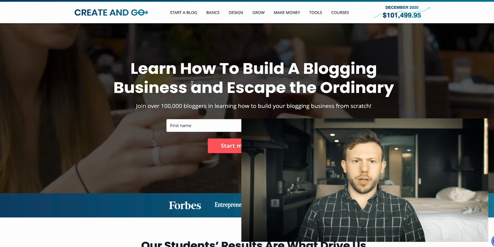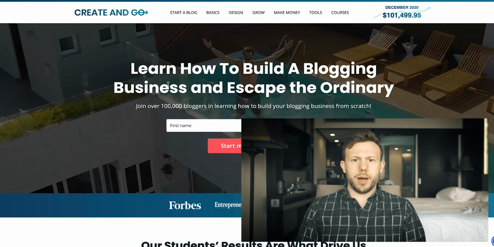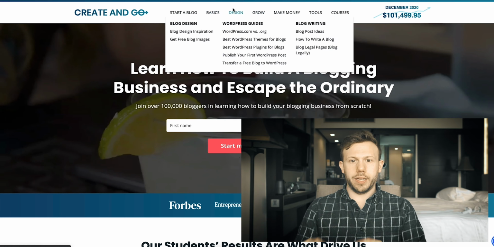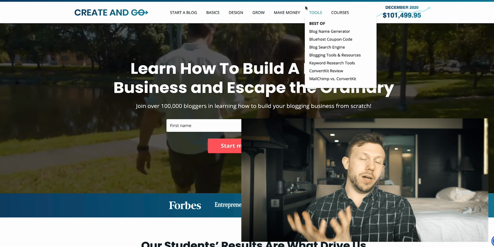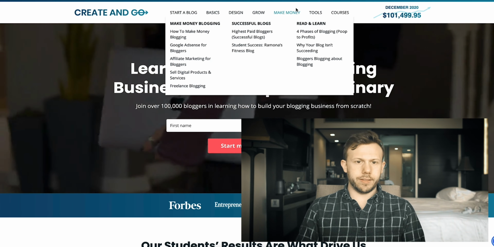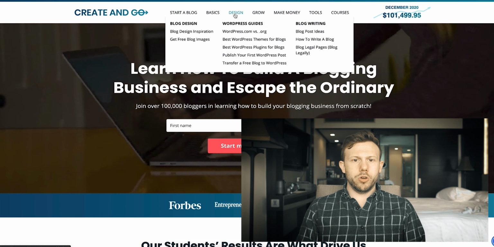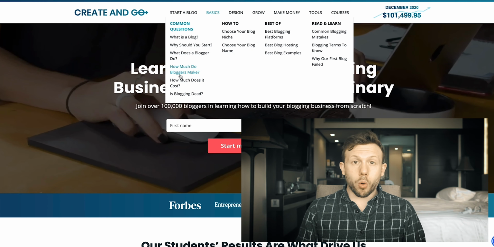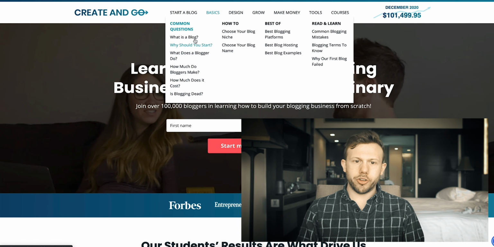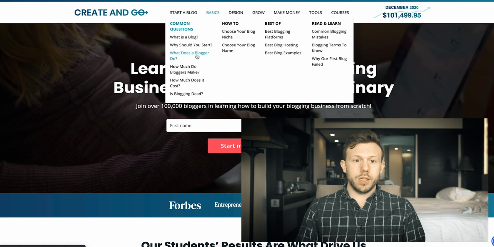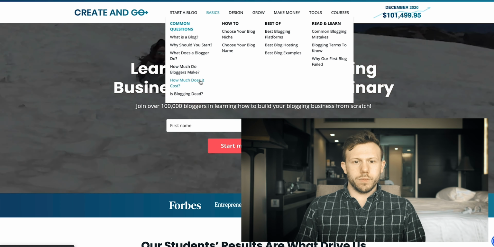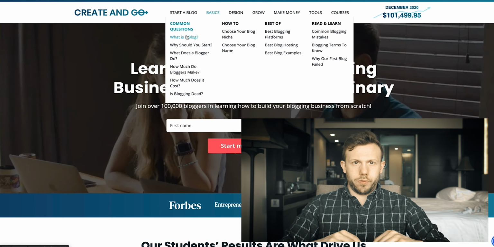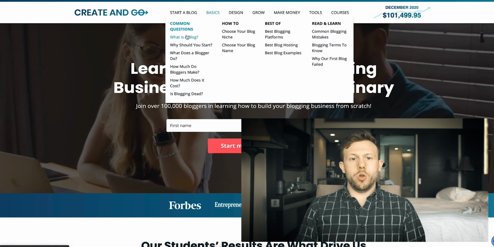So if we look here at Create and Go, again, this is, I think, a couple that does blogging. If we look at the top, we have the different buckets. There's a basic bucket, there's a design bucket, a grow bucket, a make money bucket. So he's subdividing his blog into these different areas. And if you go over basic, you can see these are the important articles. What is a blog? Why should you start a blog? What does a blogger do? How much do bloggers make? How much does it cost? Is blogging dead? These are the articles that you need to make your own version about if you want to